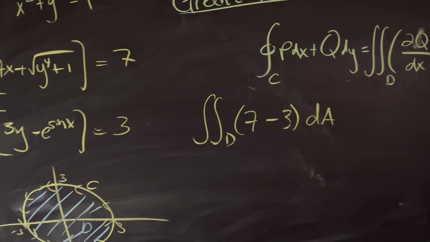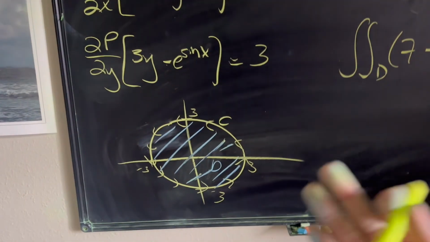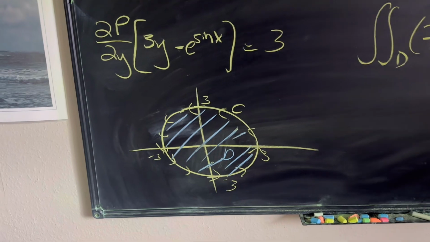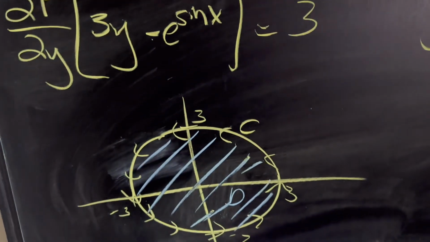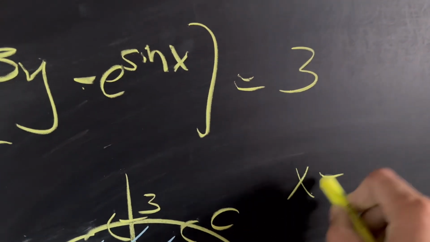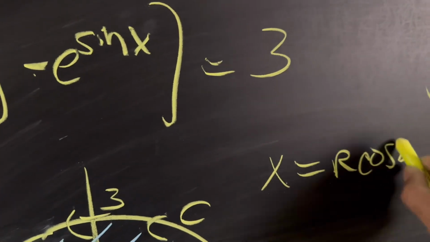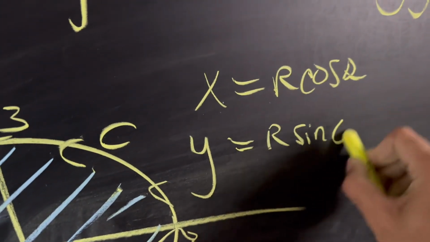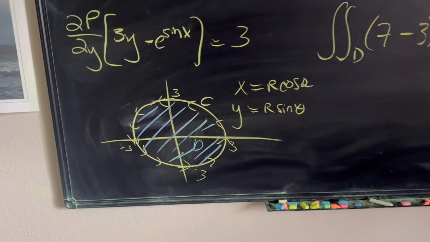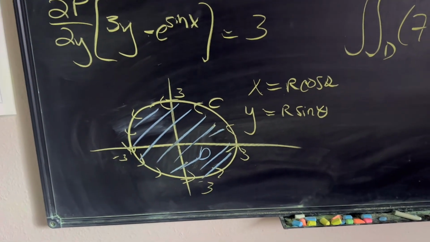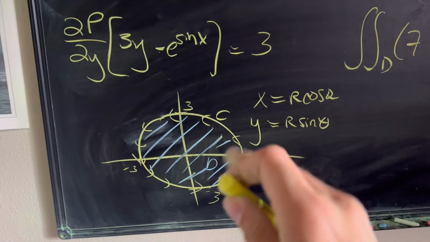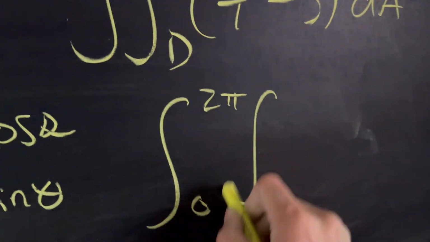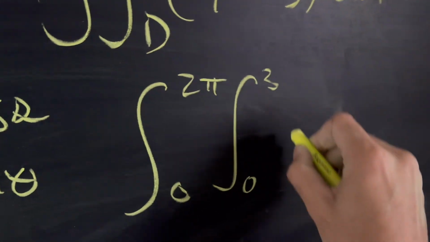But let's go ahead and find some parameters. Now, I don't know if I want to do this in terms of x and y. I'm going to change this to polar form, and it's going to be much easier. If we're going to use polar form, then we have x equal to r cosine theta, and y equal to r sine theta, and now our parameters are going to change. r is going to go from 0 to 3, and theta is going to go from 0 to 2 pi. So we have new parameters, 0 to 2 pi, and then 0 to 3 of 4,